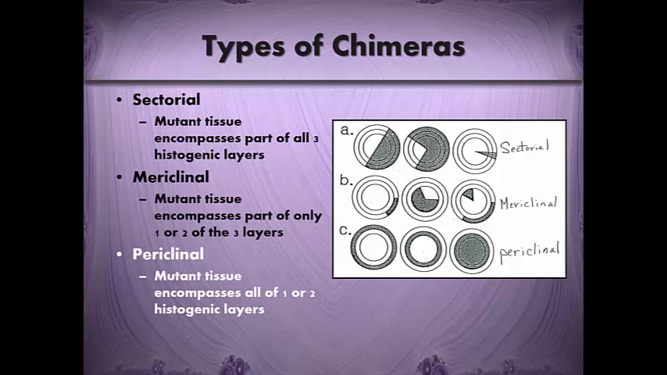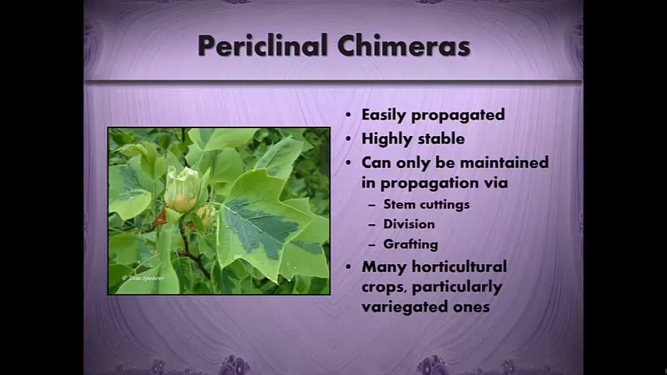If your normal tissue continues to divide and grow more quickly and more substantially than that mutated tissue, then you might not be able to see any change at all due to that mutation because it's just such a small portion of the tissues. So again, periclinal chimeras are the ones we really care about for our purposes. They're easily propagated because they're highly stable. Since the entire layer or layers has mutated, there's no unmutated tissue in that layer